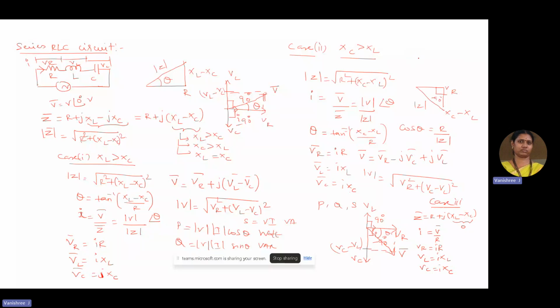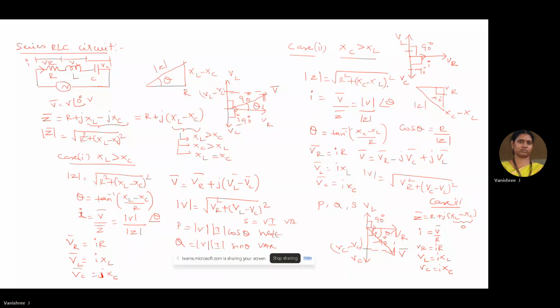Coming to the phasor diagram, VR is taken along 0 degree and the current I will be maximum. VL will be taken along 90 degree with respect to VR in the positive direction, and VC is taken in the negative direction with an angle of minus 90 degree with respect to VR. But VL and VC are equal in magnitude and they cancel each other as they are exactly 180 degree opposite. And this is the phasor diagram